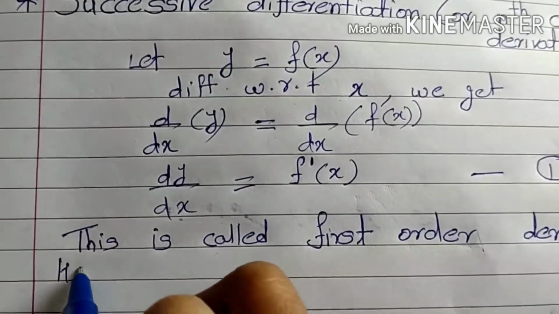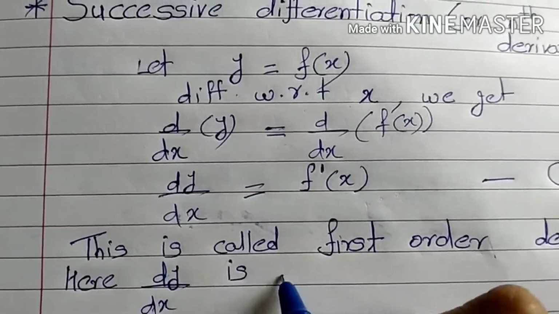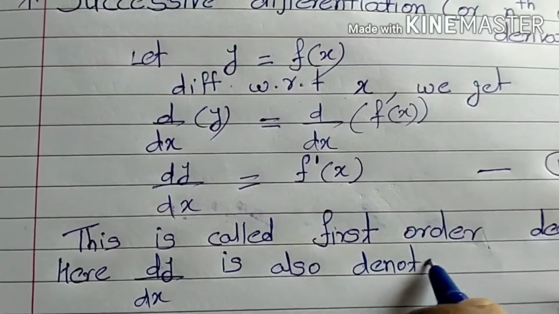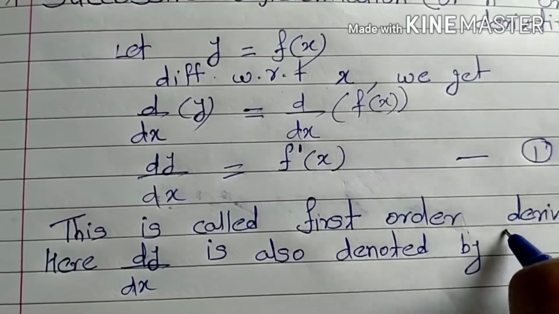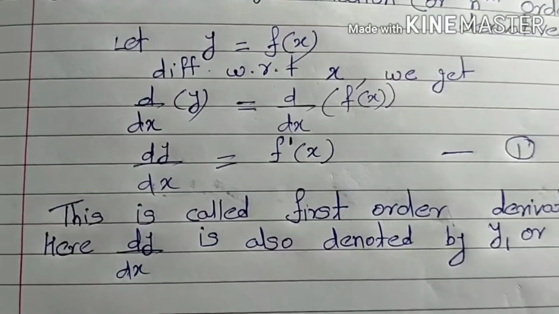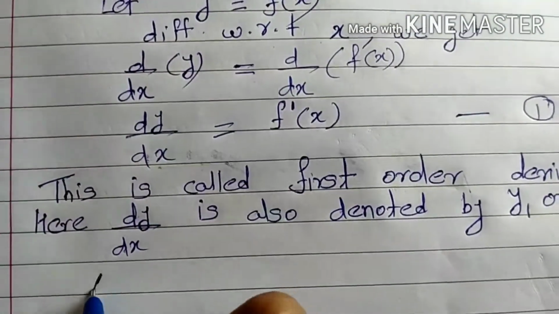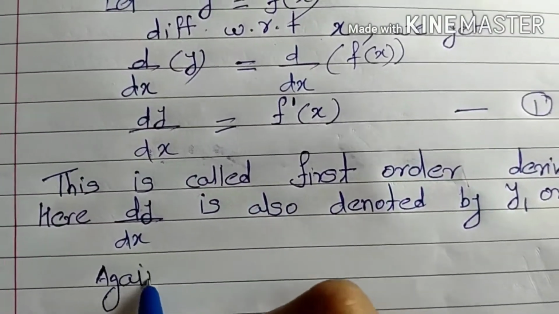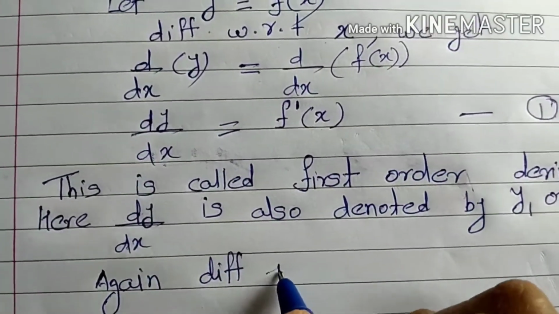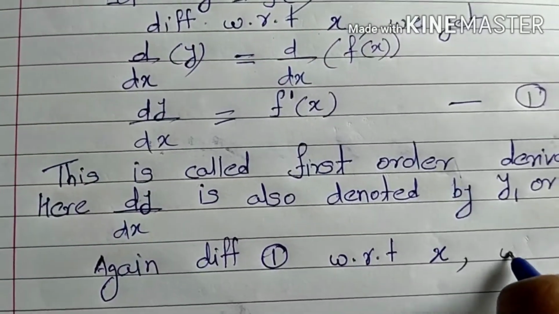Here dy by dx is also denoted by y1 or y raised to 1. Now again differentiate equation first with respect to x. We get,